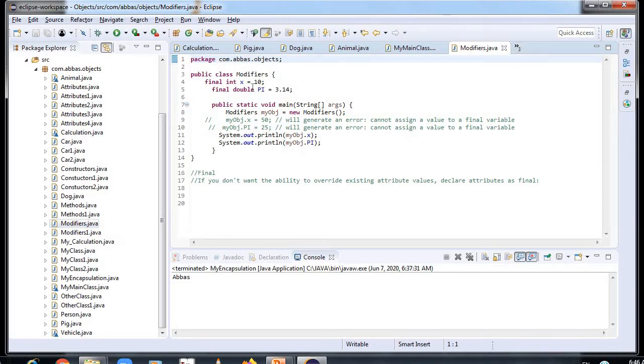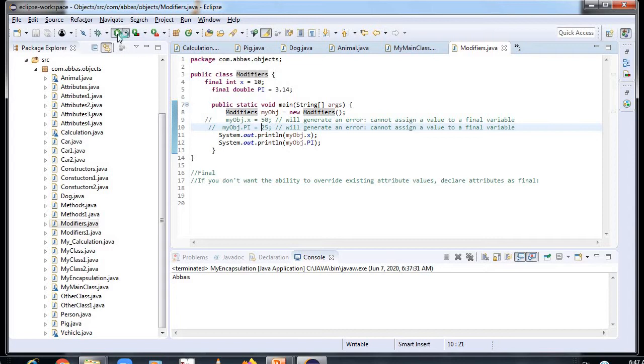In this I have created a class named Modifier. In it I have stored a final int with value 10, and a final double. Two variables are there, an int and a double, so these cannot be changed. I tried to change them by creating an object and putting 50 and 25. It will generate an error: cannot assign a value to a final variable. So what is assigned will be final.